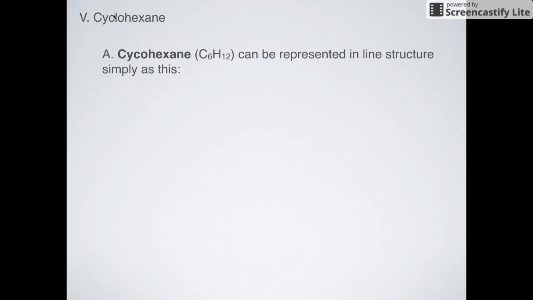Saucedo's YouTube videos. Today we're going to be talking about a brief introduction to cyclohexane. Before we go any further, we should show you what cyclohexane looks like and what its formula would be. So cyclohexane is C6H12, and it can be represented in line structure form simply as a